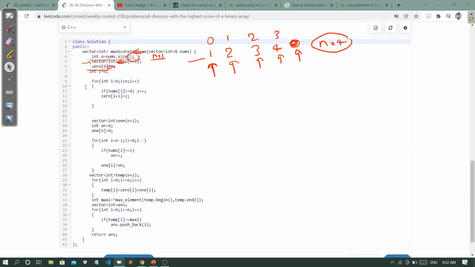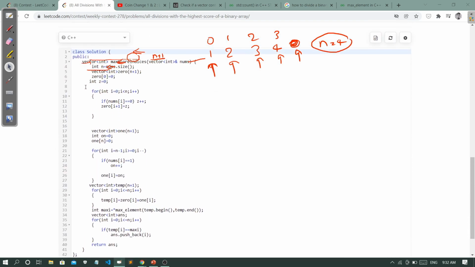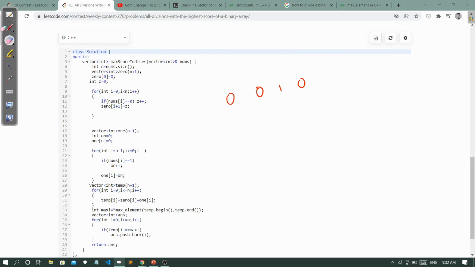So this is the array, and this is the zeros array with its indices. If we are at index 0, there is no left element, so we put 0 here.